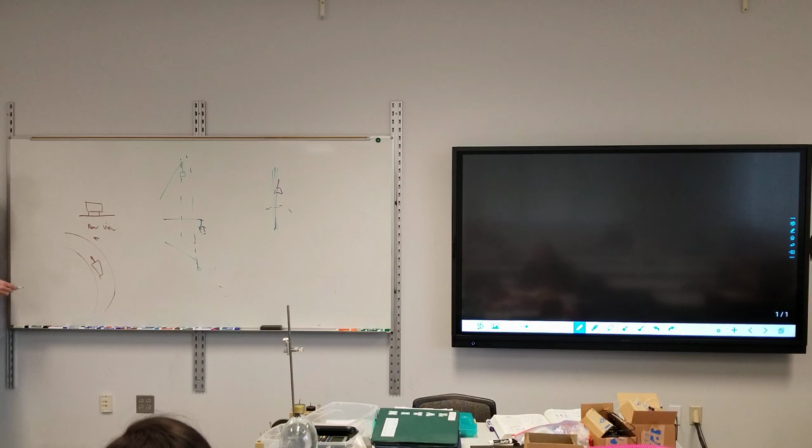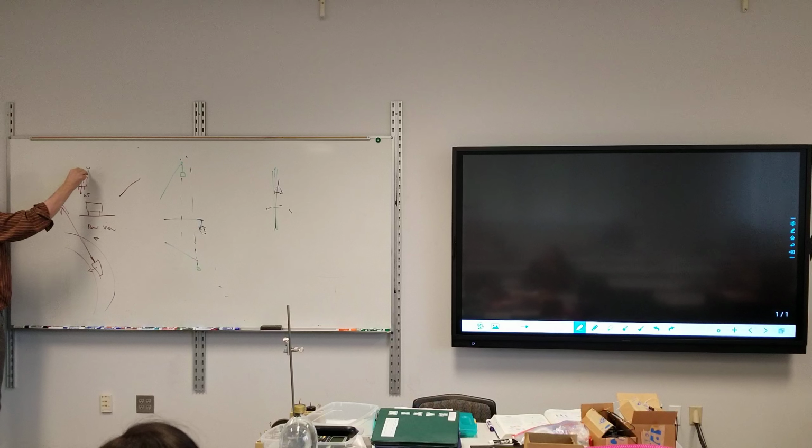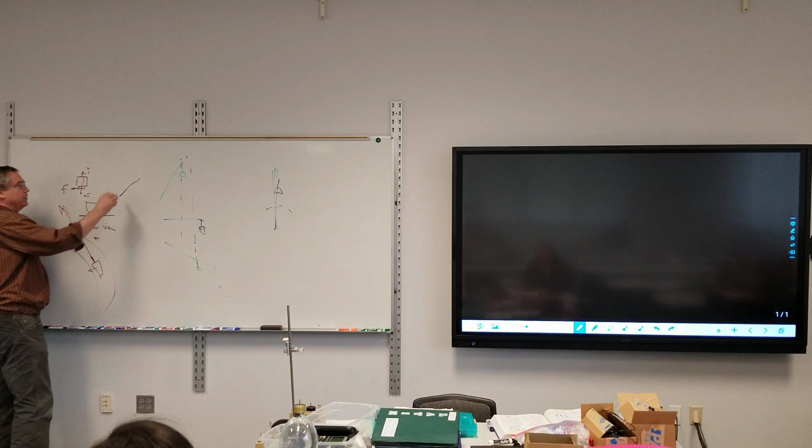It wants to travel in a straight line. Since it's not traveling in a straight line, the velocity changes, therefore there must be some net force acting on it. So in a frictionless situation, it goes this way, so friction must be acting towards the center of the circle. That's the centripetal force. If we put it on a bank and do a force diagram, we have weight acting down, normal force acting up, and friction acting towards the middle. As long as I get some force acting towards the middle, that potentially could be enough for my centripetal force. So if we put it on a banked curve, still overhead looking like this,